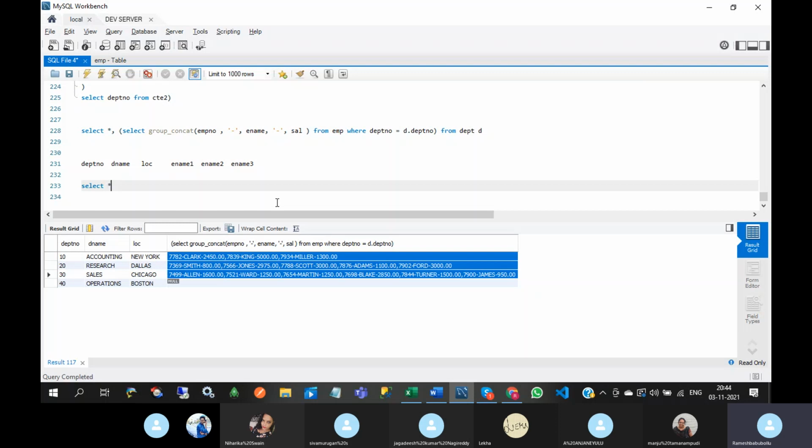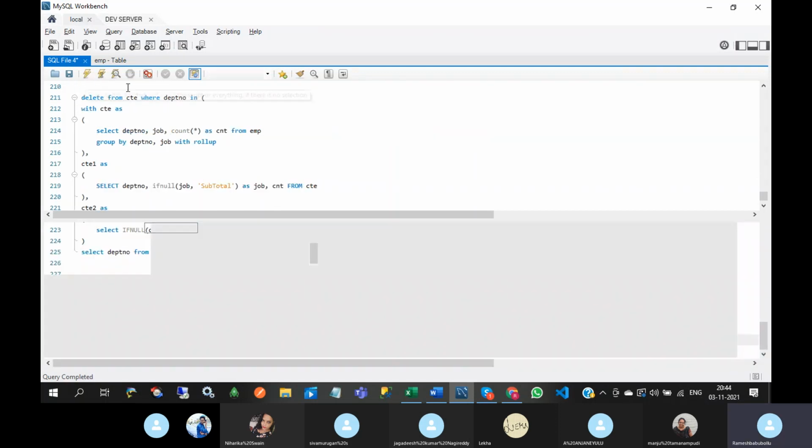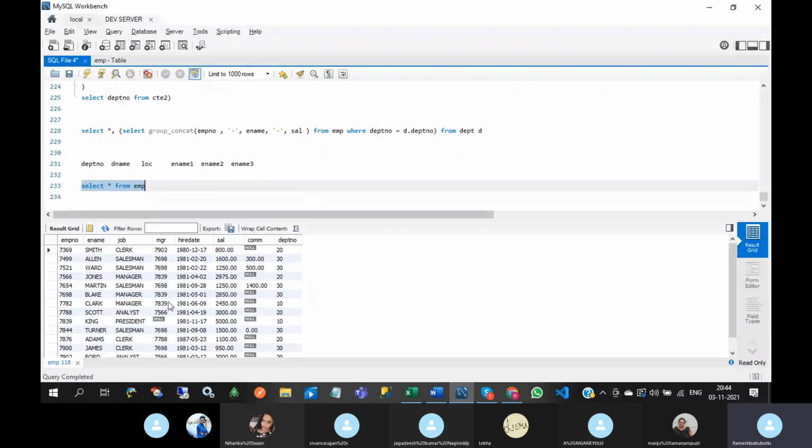Observe this employee table here. One column should not depend on another column. Suppose an annual salary column is there in the employee table. What is the formula for annual salary?